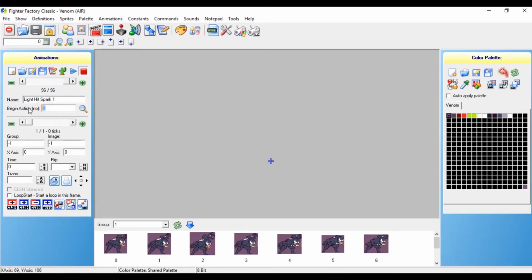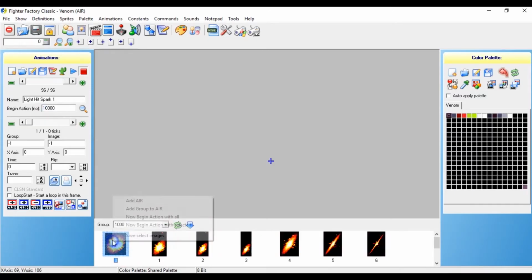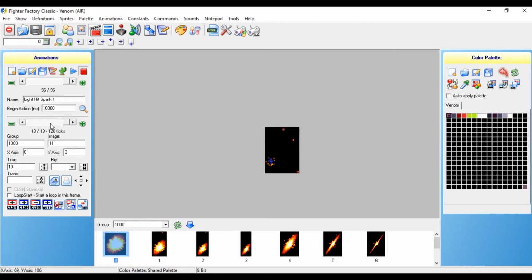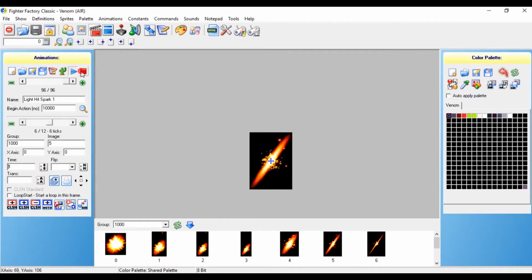And number it 10,000. And once you number it, just go down to your group 1000 and add that group to your air. Delete the first frame, and now you have this. Looks kind of lame because it's super slow, but just go to the time, make that a 1, and apply that to all of the frames, and now it's faster. Looks super dope. Now go to trans, and you are going to need to put a capital A and click